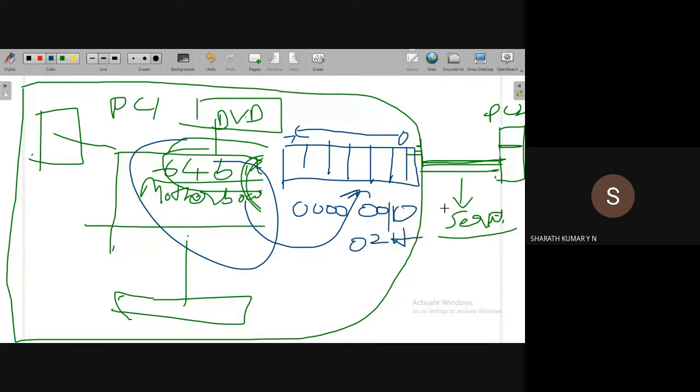So if all 8 bits are transferred in parallel, we require 8 lines. But for serial communication, we are going for a single line. When a single line is used, the data stored in the register, 00000010, is transmitted bit by bit, 1 bit at a time.